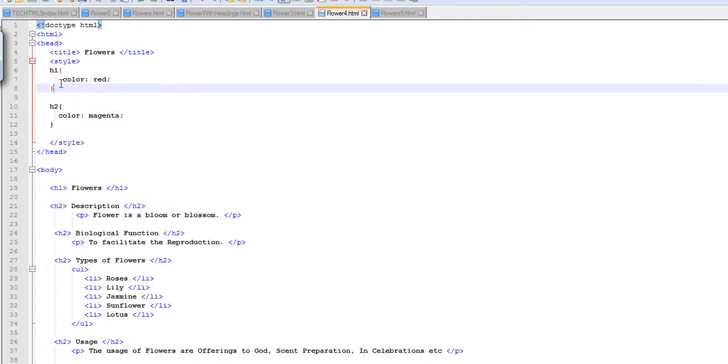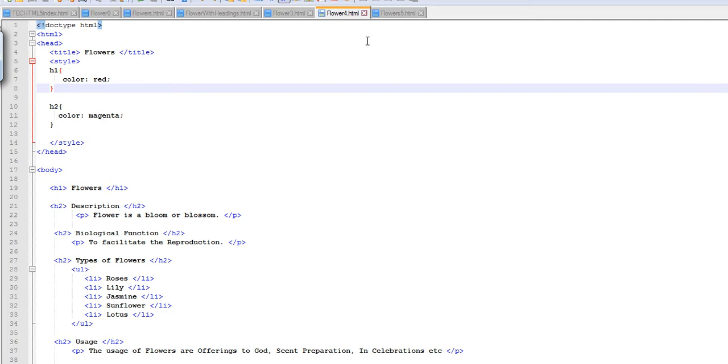Now she uses the style tag, which is used mainly for cascading style sheets, that is for designing or presentation purposes. She gives the color of the main heading to be red, and the color of the subheading to be magenta or pink.